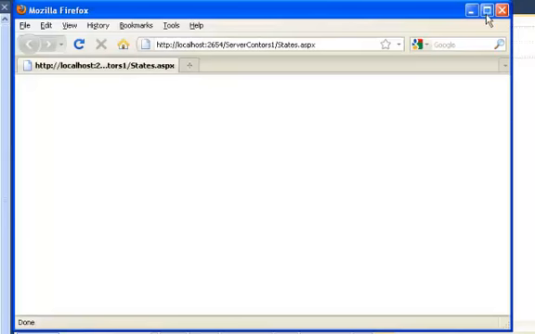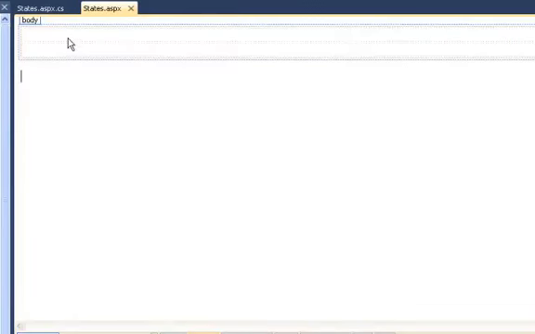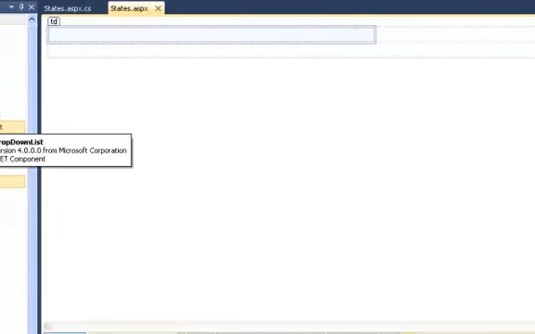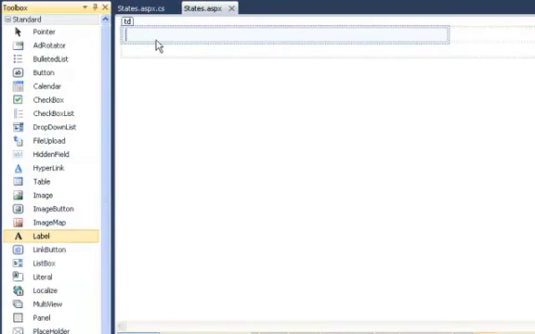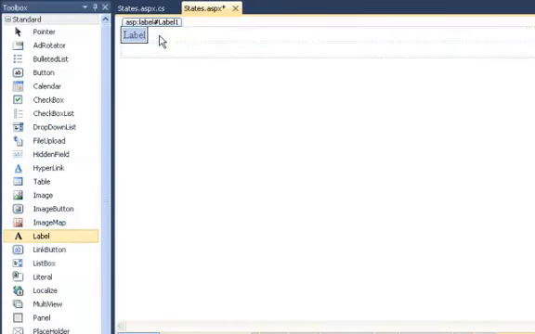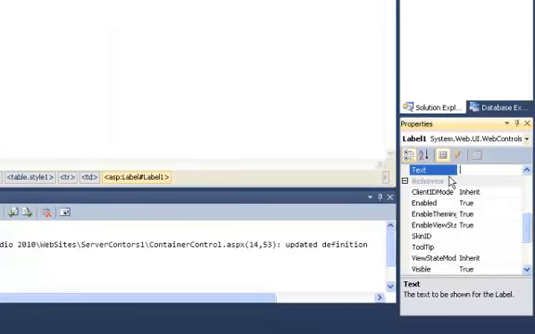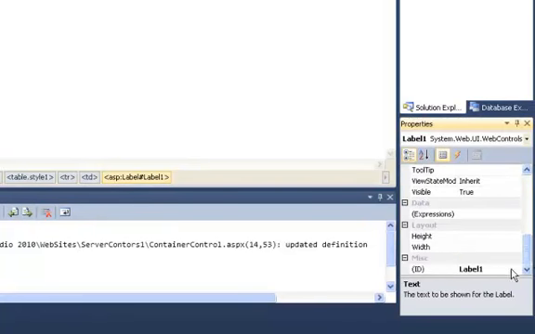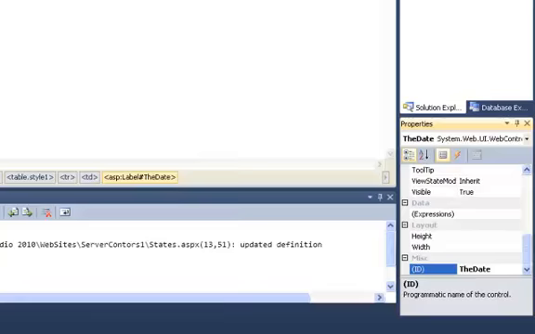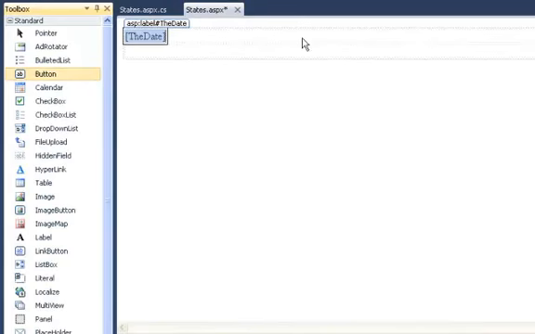And so this is the page. I don't have anything in the table, so nothing is shown essentially. So let's go back to the page and drag a label in the first cell. Delete the label text, and its label ID will be the date, and let's drag a button in the second